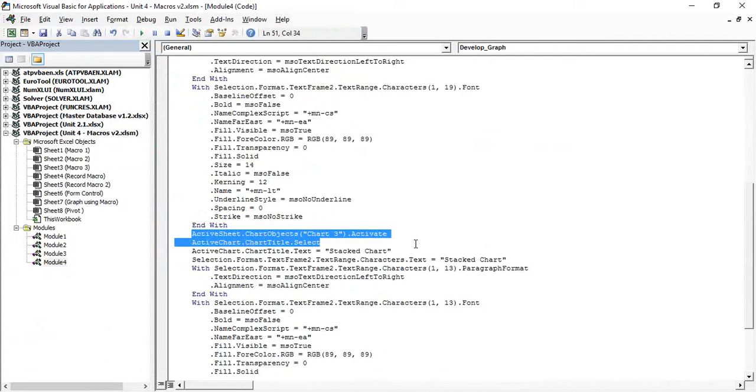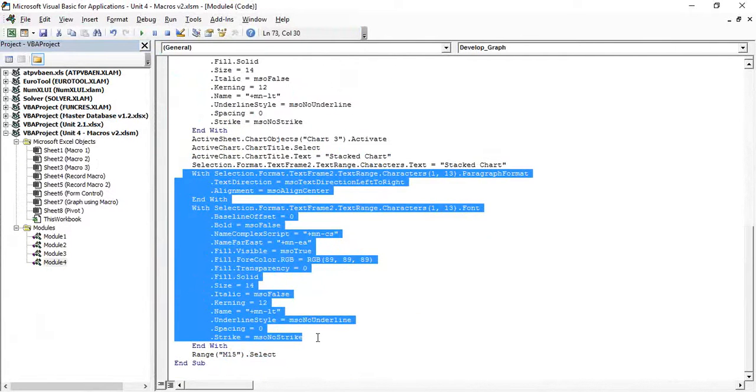So select the chart 3, and I've renamed it to a stack chart, which you can see over here, stack chart. And then again the font dynamics, which we don't get into. Okay, so it's very simple. Whatever we have done, Excel has done rightly.